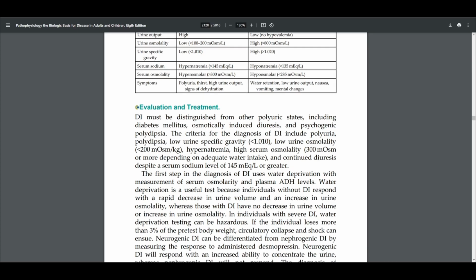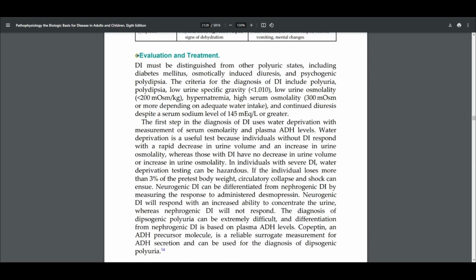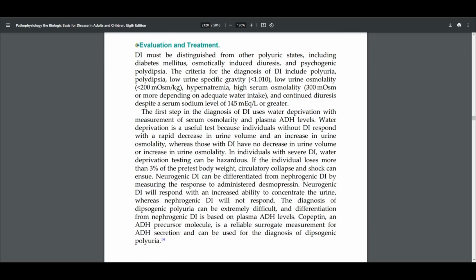The first step in the diagnosis of DI uses water deprivation with measurements of serum osmolarity and plasma ADH